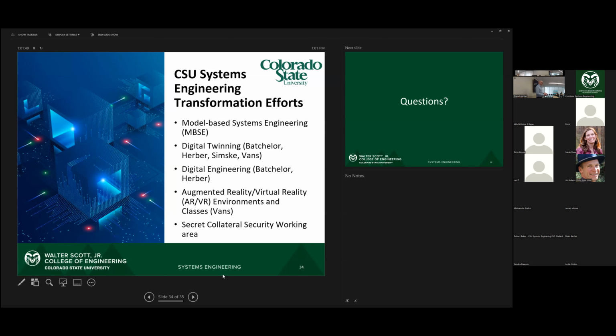Is that offered next fall? We'll support it very soon, and we'll have more classes in that, which will be very exciting to see, and then different security collaborations, things like that as well. So I think we have more than we just listed here. Yeah, a lot of our courses are aligned with the digital engineering vision in some way. I think that's what we have, and we're very close to time, so thanks everyone.